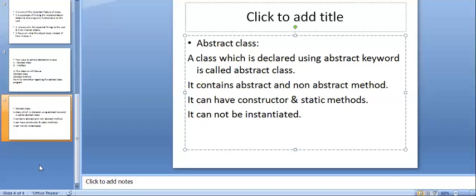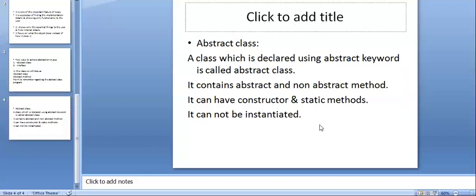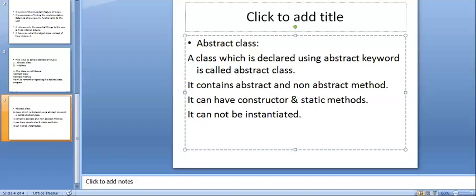Then what is the abstract method? Before that, let's look at the syntax of an abstract class.